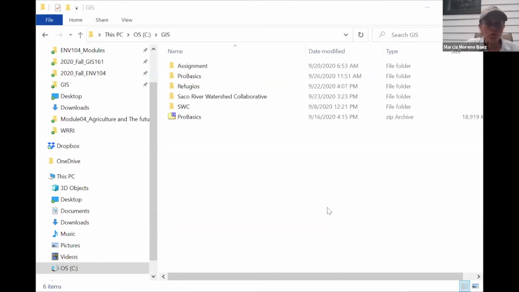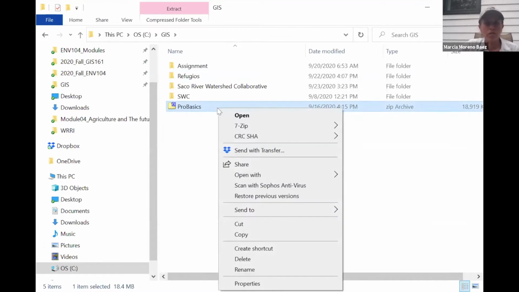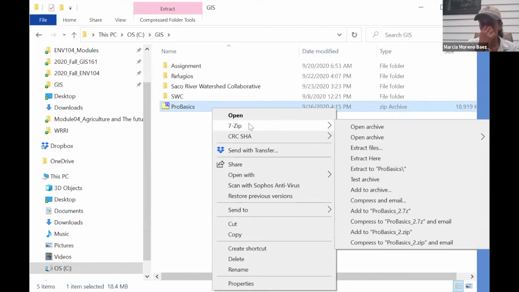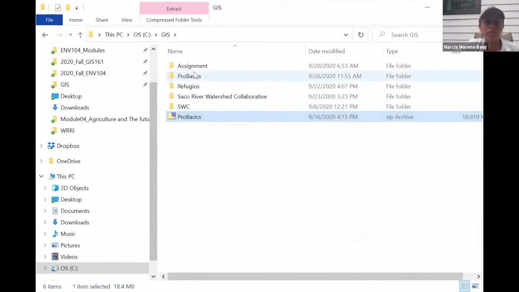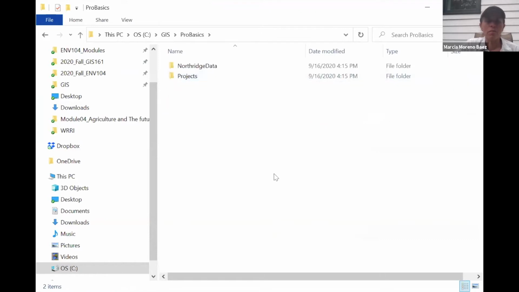If you save it in downloads or in your thumb drive, you will see a file like this one. It's a zip archive. So you're gonna right click on this file. You will see the 7-zip tool, and then you can click on extract here. And you will see a folder that says Pro Basics. If you double click on that, you will see there are two folders, one called Projects and the other one